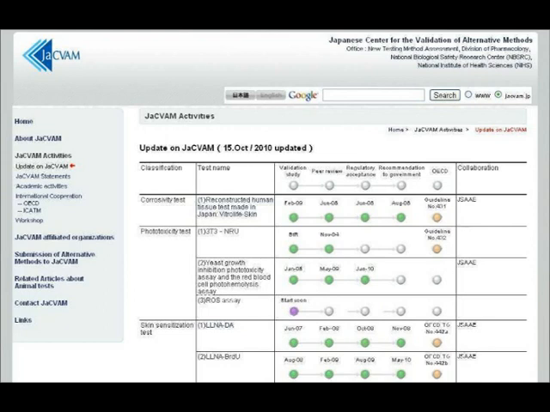The validation study seems to be the first stage, then it's peer review, regulatory acceptance, recommendation to government, and then OECD acceptance, full test guidance acceptance, I suppose, which seems to be the end point, the highest status a test